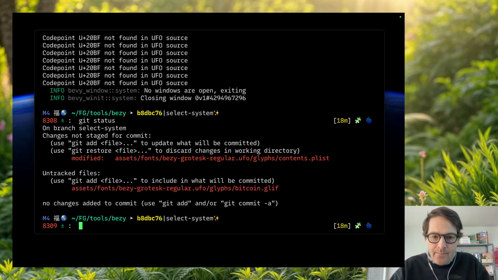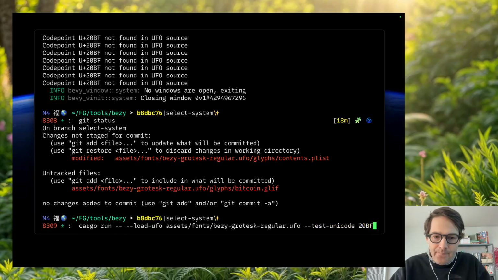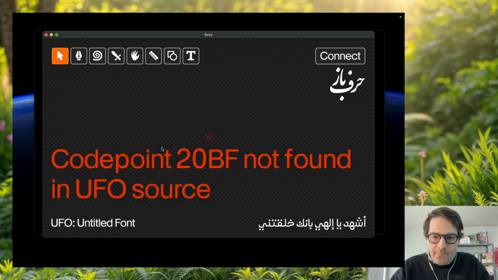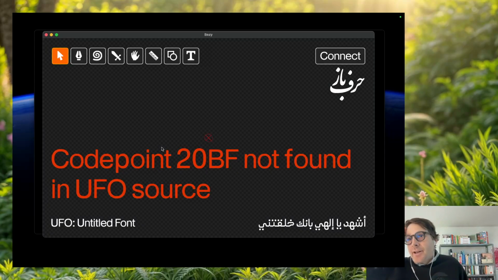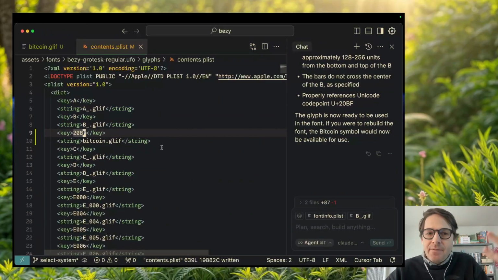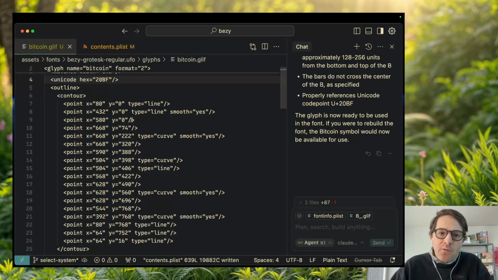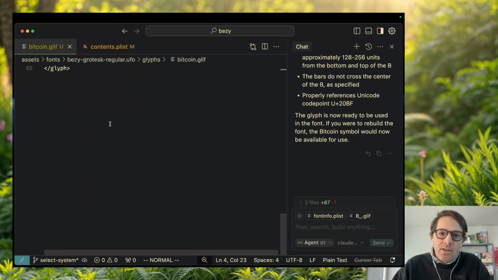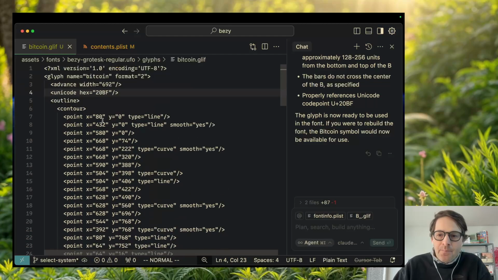Let's try that. Okay, whatever. It didn't work, but you get the point. That's how it would work. And there's some kind of advantage to being able to do this with a human readable format where you can look at what's happening. Anyway,